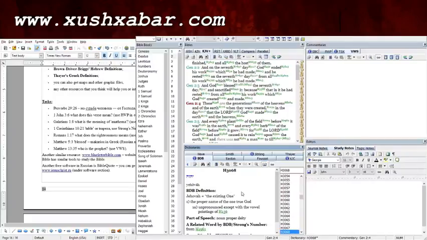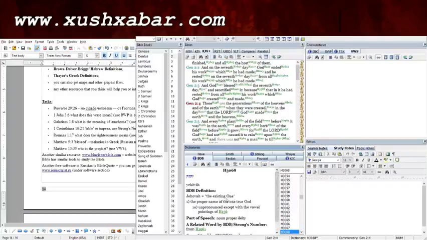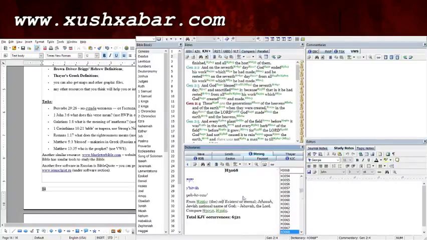So now let's look at what he says. Jehovah, the existing one, the proper name of the one true God, unpronounced except with the vowel pointing to H136, and that's something else. So in this case, we see that Jehovah means the existing one. That's what this dictionary says, and this one just gives us the self-existent or eternal. So we see that whenever we combine the two dictionaries, we can come up with a deeper meaning of the word. Now let's look at the word God,